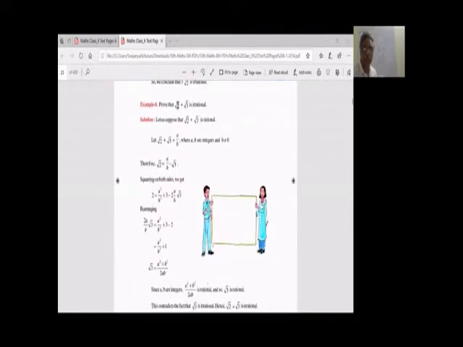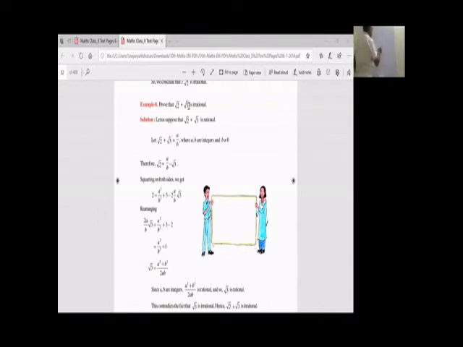Let us say root 2 plus root 3 is irrational. How to prove root 2 plus root 3 is irrational? Same formula. Root 2 plus root 3, let it be p by q. Squaring both sides, root 2 square is 2, plus root 3 square is 3, plus 2 root 6 is equal to p square by q square. So root 6 is equal to p square by q square minus 5, into 1 by 2.